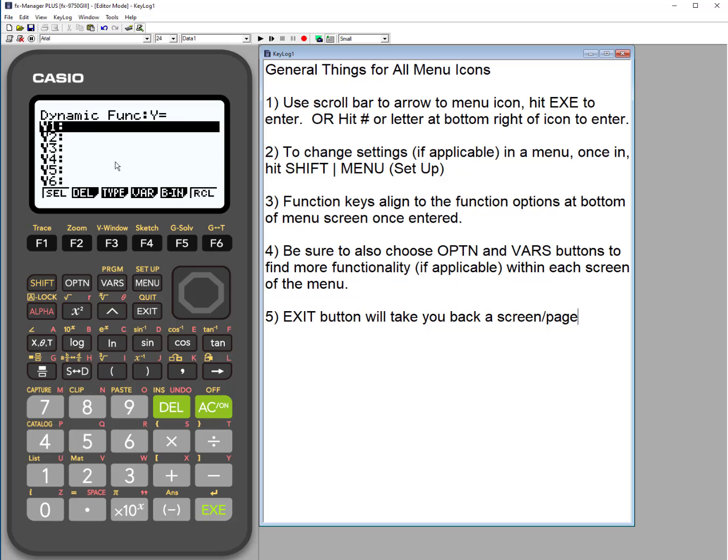So here's my landing page. Dynamic graphing is to explore how different coefficients impact graphs. So I am going to use variables to explore. Think about parent functions and the transformations of those. So I'm going to just start with an easy one. I can enter my own variables if I want.